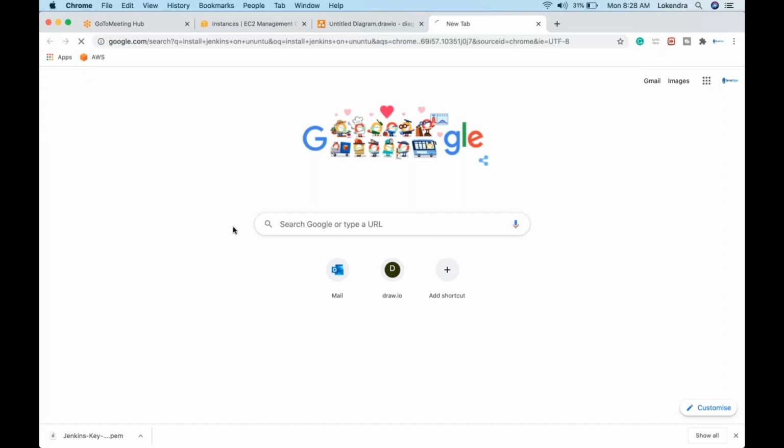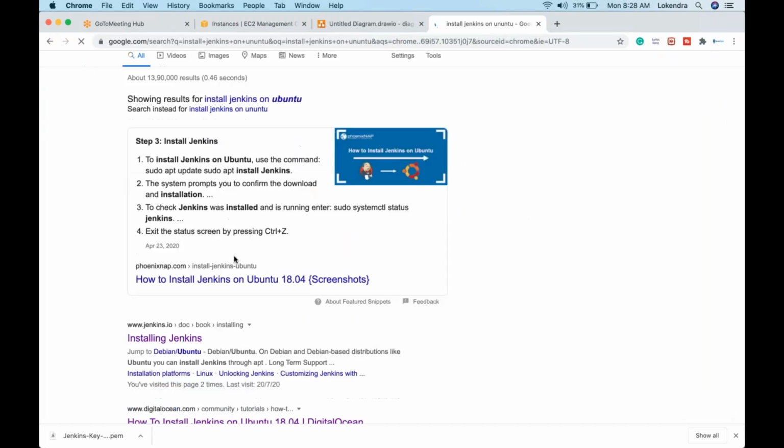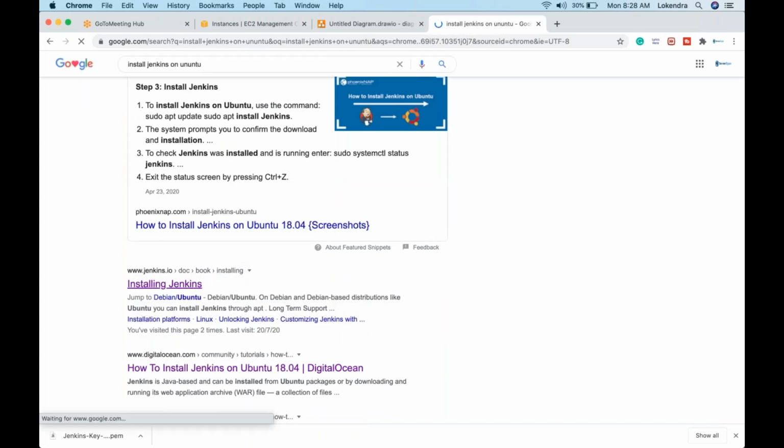Ubuntu, right? So there will be first URL. No, it is second today. That completely depends on what sort of URL you are going to talk about. There are two URLs, maybe www.jenkins.io. Either you can opt for this one or maybe the DigitalOcean one. Any of the URLs you can pick. So we are going to work with this sort of URL, right?